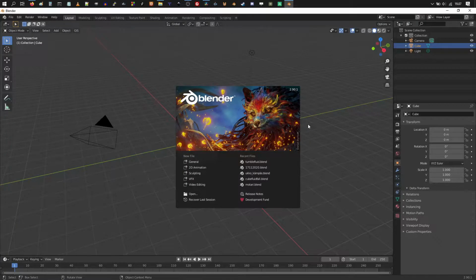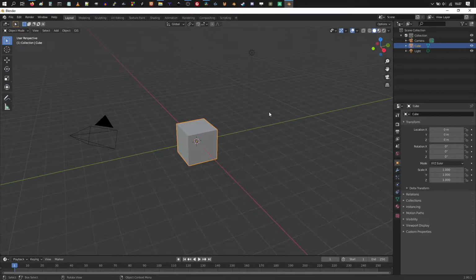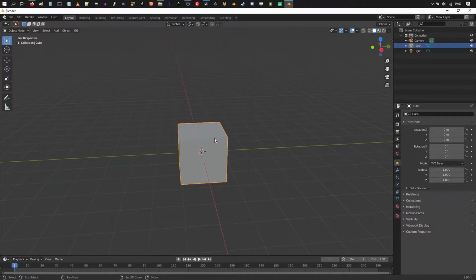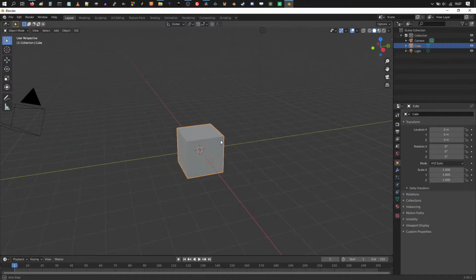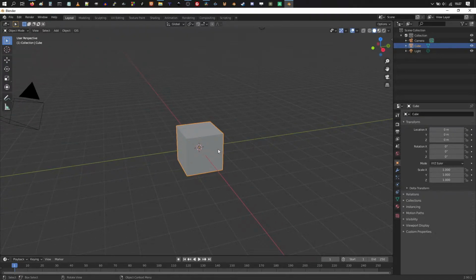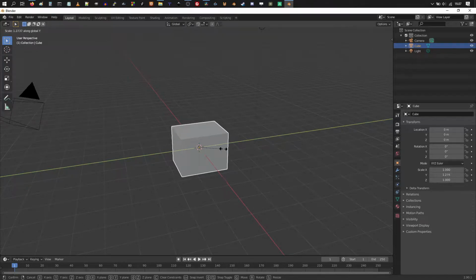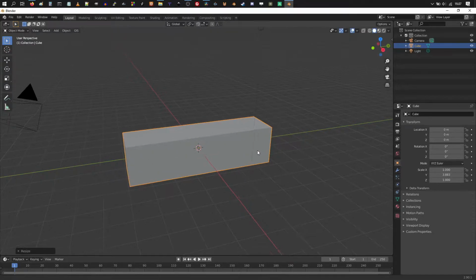Finally, let's have a look at cloth simulations. So I'm just gonna click away the splash screen and let's make a character to collide with our cloth. So I'm just gonna scale this cube on the y-axis by pressing S once and Y once. Scale there, left click,